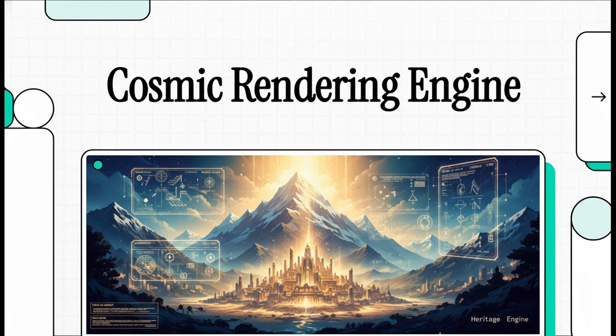Close your eyes for a second and imagine a scene in stunning, ultra-high definition. We're talking a radiant northern landscape, mountains crowned with pure light, a quiet, glowing holiness resting down in a valley, and a shimmering golden city just radiating absolute joy. What if I told you that this isn't just poetic imagery? It's actually a highly sophisticated technical schematic. Today, we're decoding the architecture of joy by exploring the cosmic rendering engine hidden deep within ancient mystical texts.